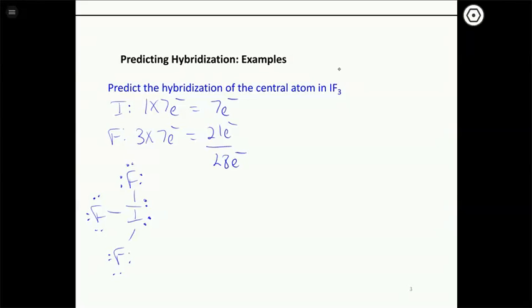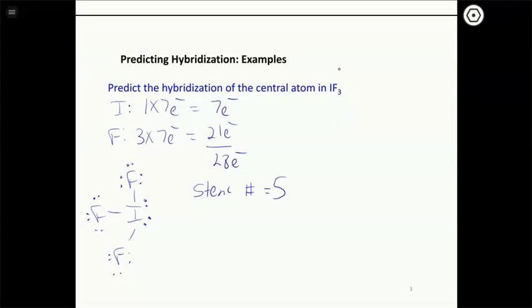So then, again, for predicting hybridization, the key parameter is the steric number, or the total number of electron groups. And remember that the steric number is the number of things that are attached to the central atom. And we count a thing as being an atom, whether it's singly, doubly, or triply bonded, it's just one thing. And then each pair of electrons counts as an electron group. So remember that we're talking really about the arrangement of orbitals around the central atom. We can put 2 electrons into an orbital, so we count each pair as one electron group. And so in total there's going to be 5 for this one, because we have the 3 fluorines and the 2 pairs of electrons. 3 plus 2 is 5.